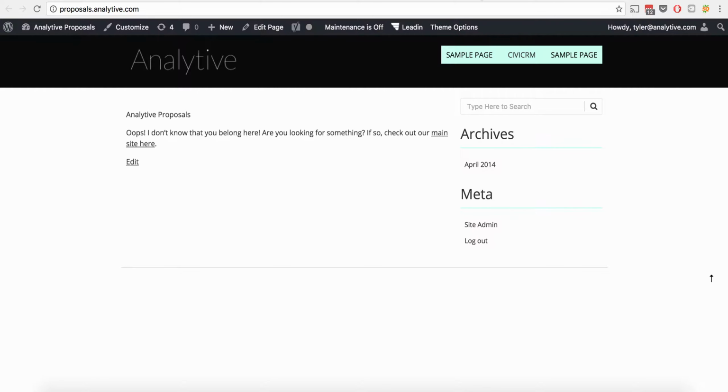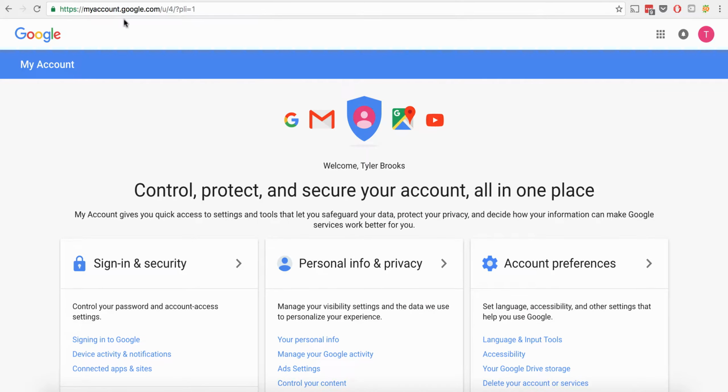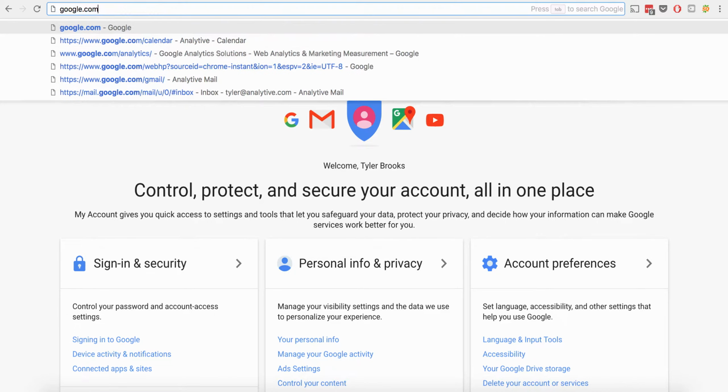So the first thing that you have to have is a Google account. So here I have a Google account that I am logged into up here. So what we're going to do then is we're going to go to